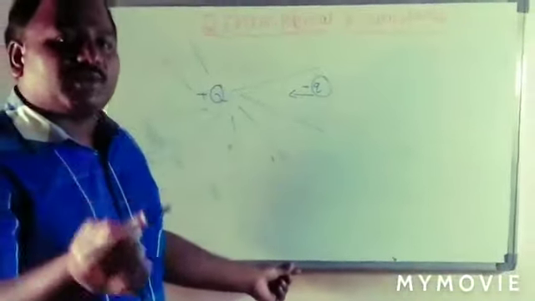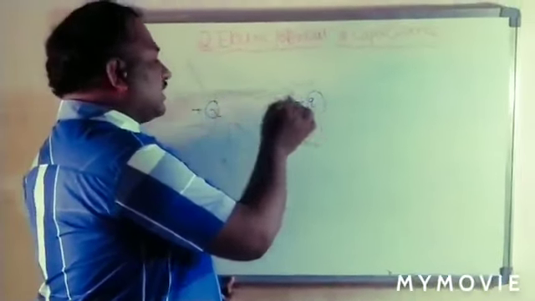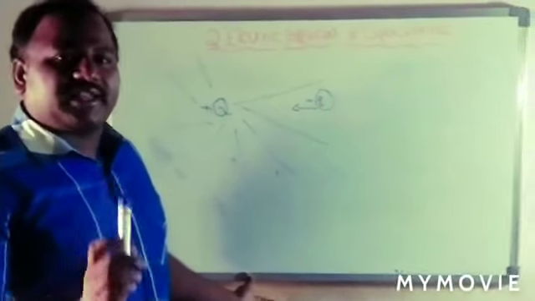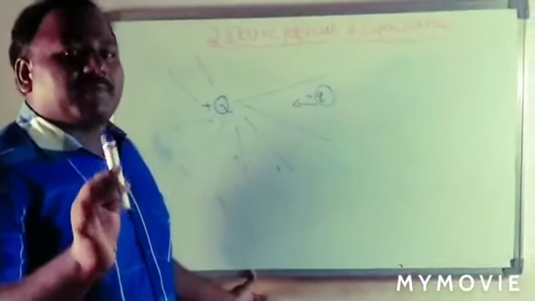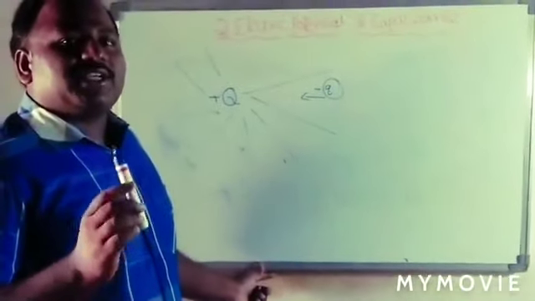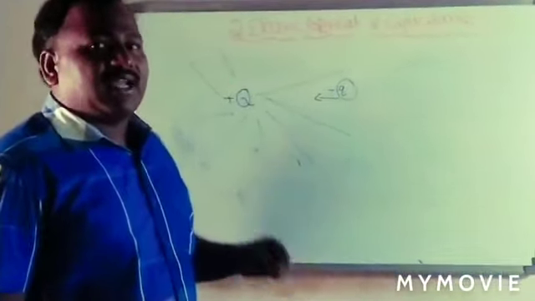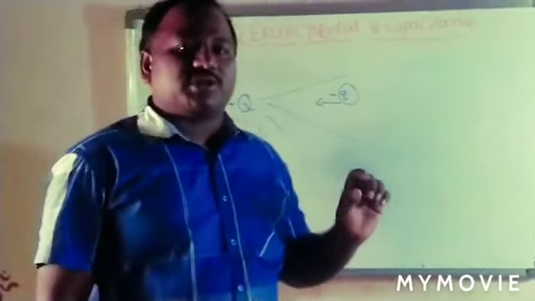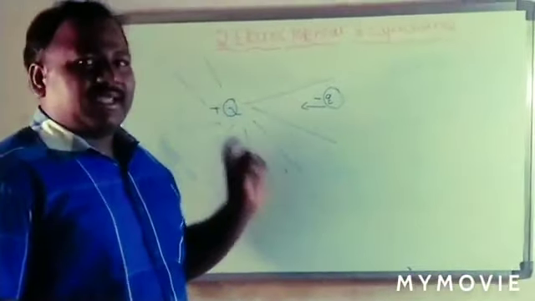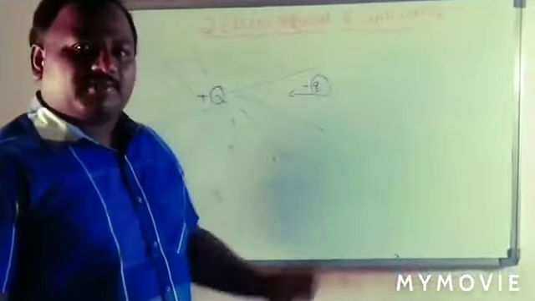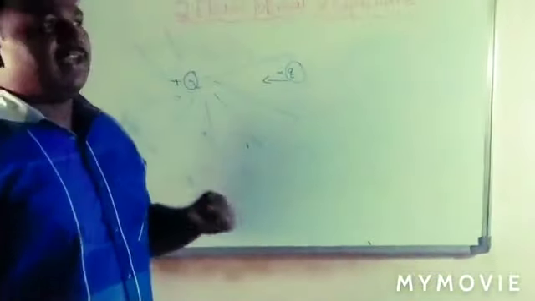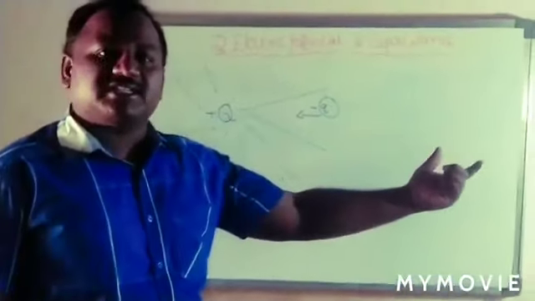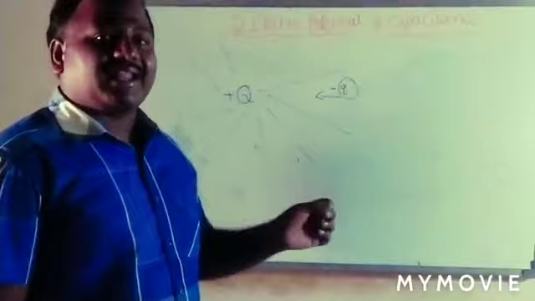Here we do certain work to move this charge against the electric field. That work done per unit charge can be called electric potential. So simply remember that the work done per unit charge is called electric potential. Here, how to define the electric potential? Generally we define the electric potential as potential difference, meaning the initial point is infinity and the final point is a point in the electric field. So we take the potential difference between the finite point and the initial point at infinite distance, and that is called the electric potential.